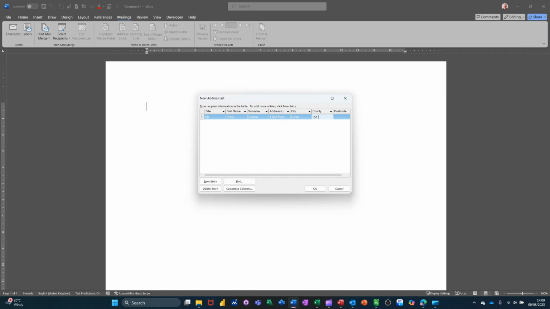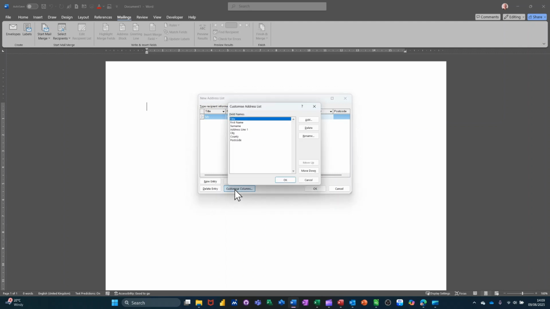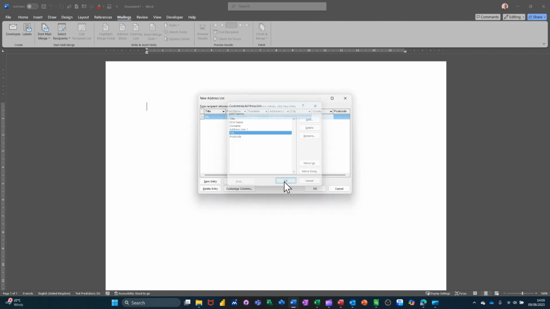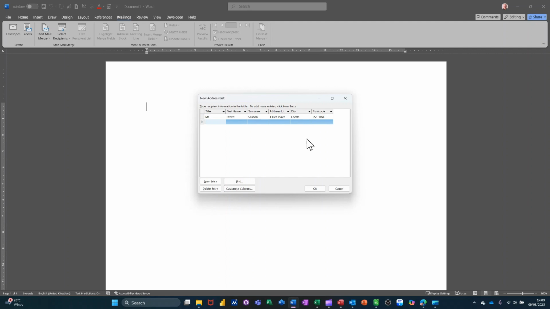In fact, I've got the county there. I don't want that, so go in there again, get rid of the county. Don't really need counties nowadays, everybody knows where things are. So I've got rid of that. So city, Leeds, and then postcode LS1 1WE. Press tab, come down for the second record, go Miss